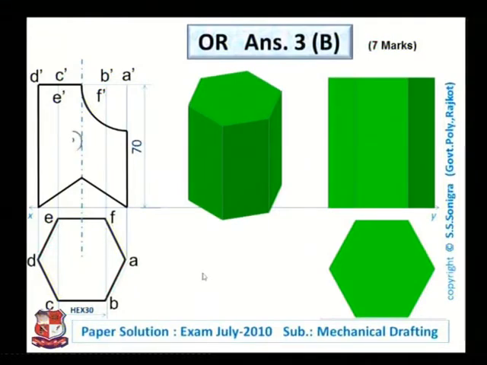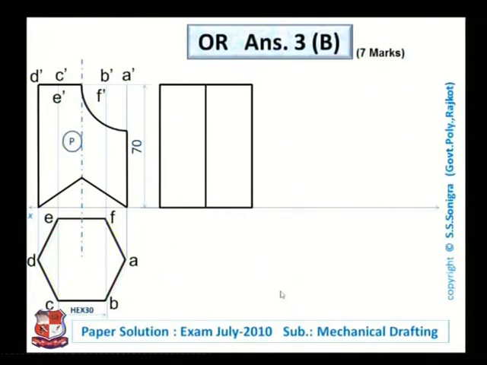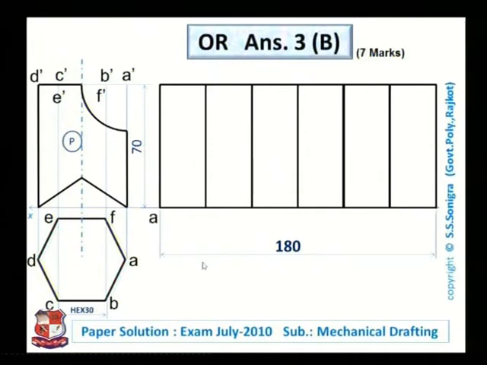Now to develop this prism, portion P, let me draw 6 rectangles, because when we develop the outer portion of this prism, the 6 rectangles would be there, having height equal to 70 millimeter and width equal to 30 millimeter each. So the total distance would be 180 millimeter, like this. Name the points A, B, C, D, E, F, and A again. Now find out the points of intersection with the cutting plane. This is the cutting plane. A is here. Between B and F, this is the point. So from this point, draw a horizontal line. It will cut on B at this point,